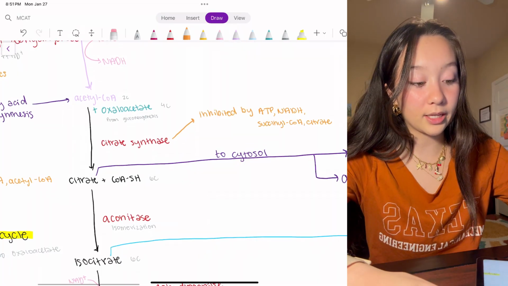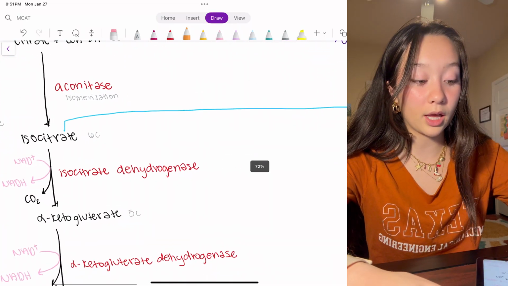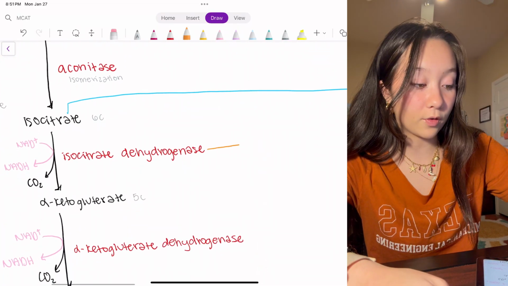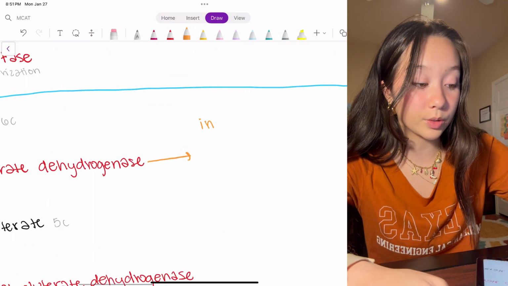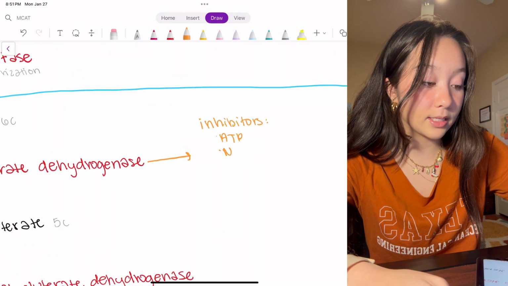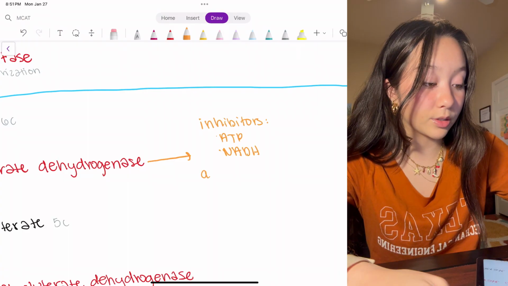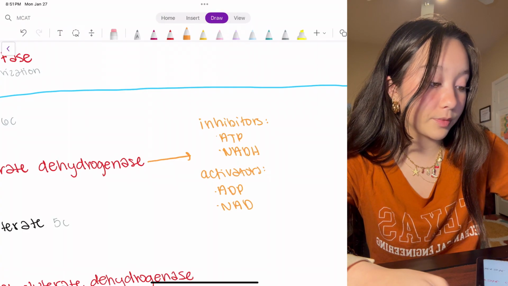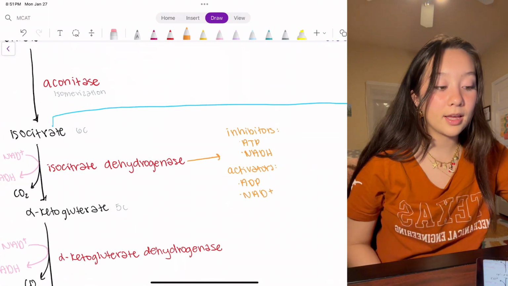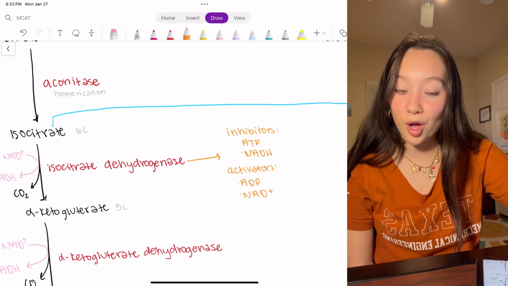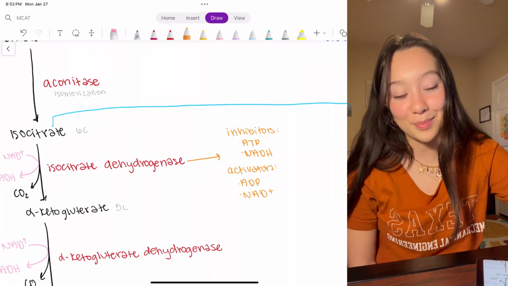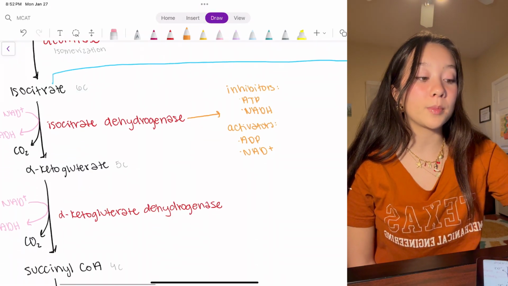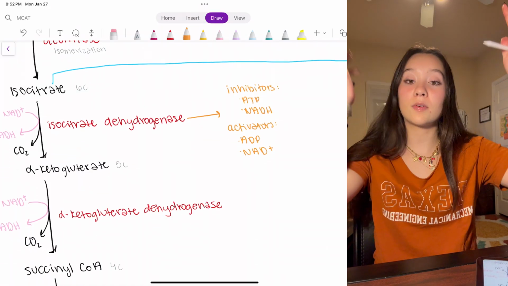Moving on, the next enzyme that we're going to focus on is isocitrate dehydrogenase. For this one, inhibitors include ATP and NADH, while activators include ADP and NAD+. So these are just the opposite. Again, ATP and NADH are both products, so they're most likely going to inhibit this enzyme. And then the opposite, if there's a lot of reactants, it's going to activate it